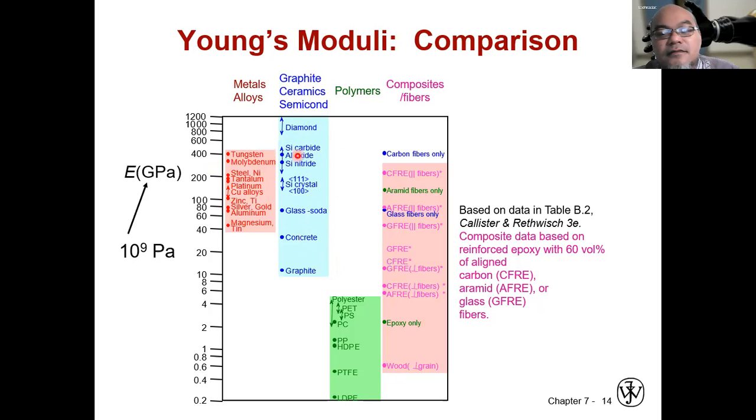Then metal alloys also have similar Young's modulus, such as aluminum oxide, tungsten, molybdenum, and steel. The softest among these metal alloys, with the lowest Young's modulus, are magnesium and tin. If you know the soldering tin, which I believe you have used in the lab or maybe in your home, it's very easily breakable, easily deformable, very soft. But below that, we even have polymers, which normally have very small Young's modulus, in the range of